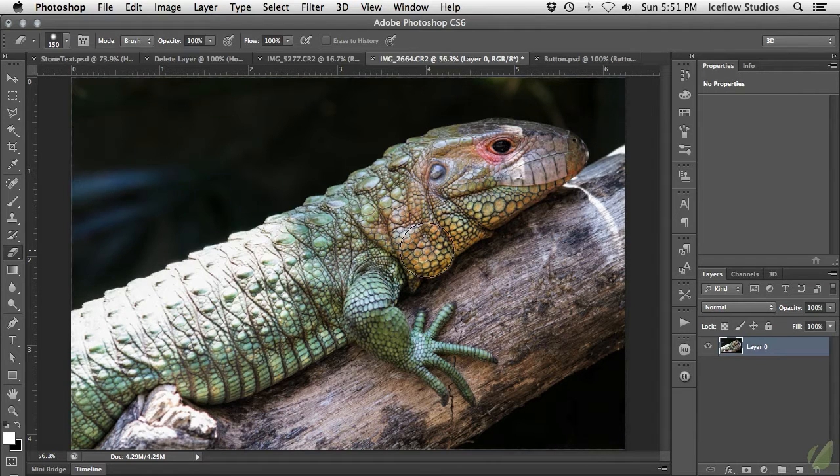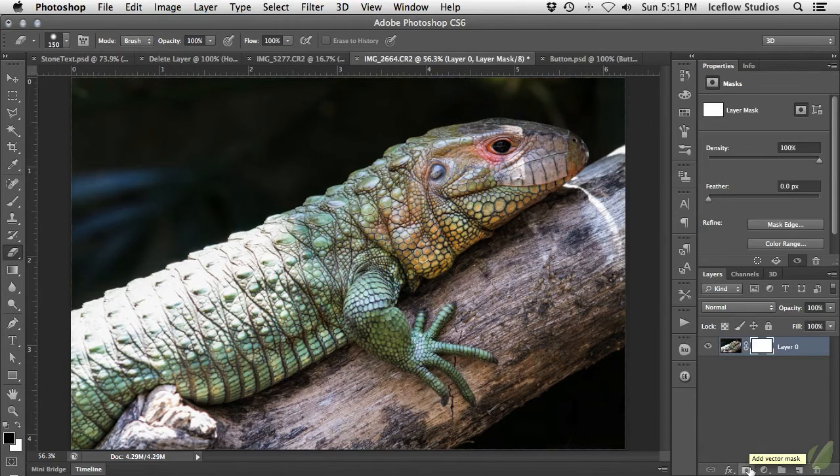There's a few ways to add a layer mask to your image, but the quickest way is to click on the Add Layer Mask icon at the bottom of your Layers panel. Notice that when the icon is clicked, a white box is added to the active layer. This is your layer mask. As I mentioned before, black is hidden, white is visible, so at the current time, the layer's contents are 100%